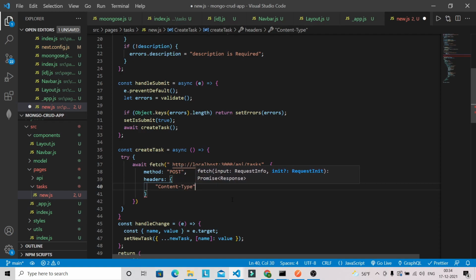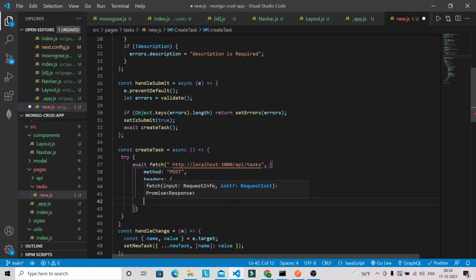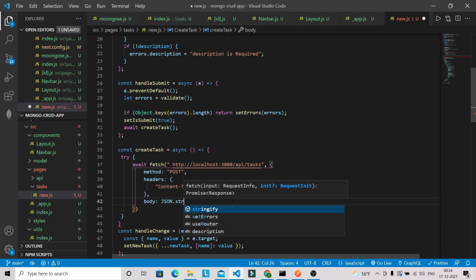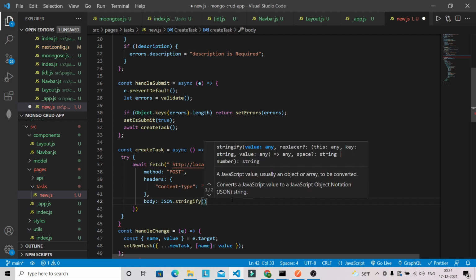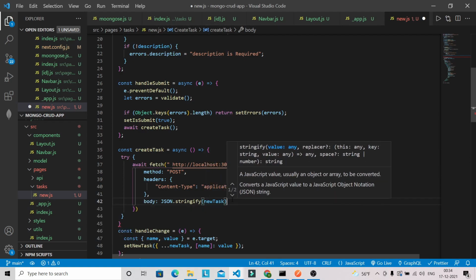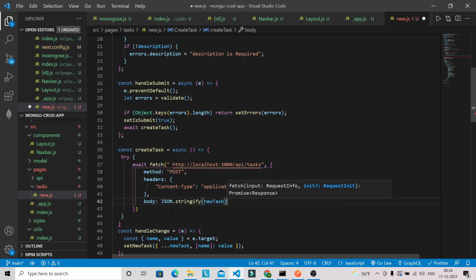We have to specify application/JSON. And then we have to pass the body as well. So JSON dot stringify, and inside this new task we will have our title and description of that task.